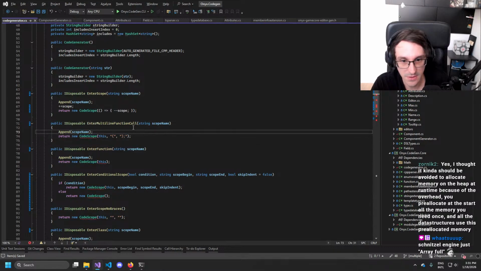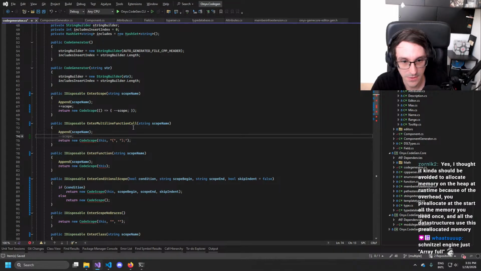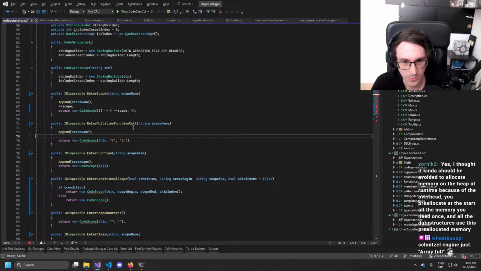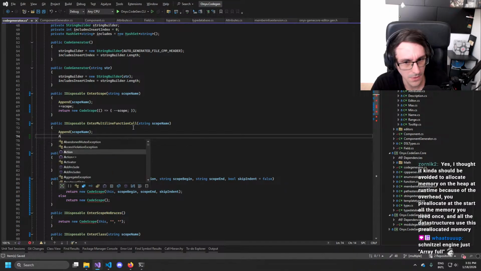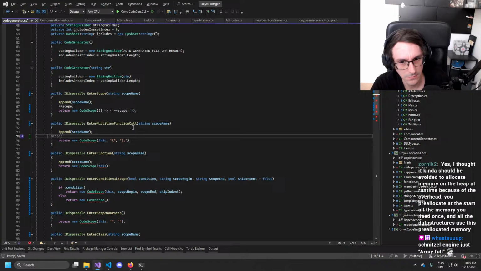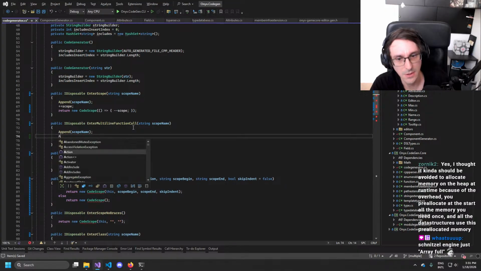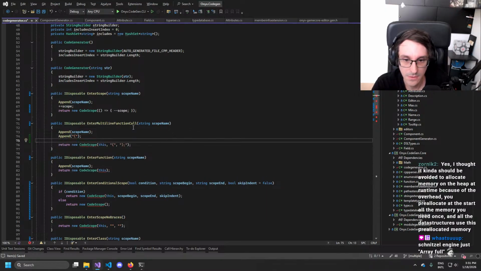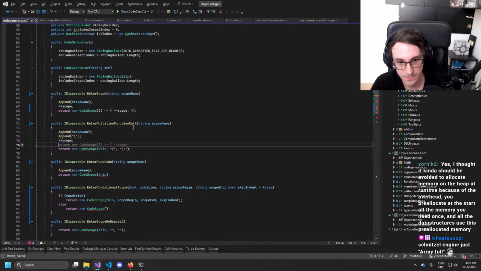Now we do basically the same here. So here append scope name. Why would... Oh yeah, and then append that. Then scope plus plus, of course.